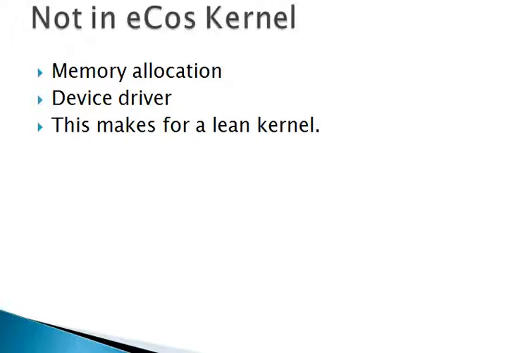Some functionality that is typically included in the kernel of an OS is not included in the eCos kernel. For example, memory allocation is handled by a separate package. Similarly, each device driver is a separate package. Various packages are combined and configured using the eCos configuration technology to meet the requirements of the application. This makes for a lean kernel. Further, the minimal nature of the kernel means that for some embedded platforms, the eCos kernel is not used at all.